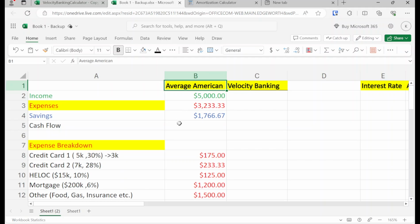And in this video, we're going to explain the difference, although it seems a little bit minor, of what doing and not doing velocity banking is. There are some people out there who think, oh, if I just had a HELOC, that's doing velocity banking. And guess what? There are some of you who email me your situations. I see that you have a HELOC for, let's say, $50,000, and it has a $49,000 balance, right? And if you have a $49,000 balance on a $50,000 HELOC and you're paycheck to paycheck, you're probably not doing